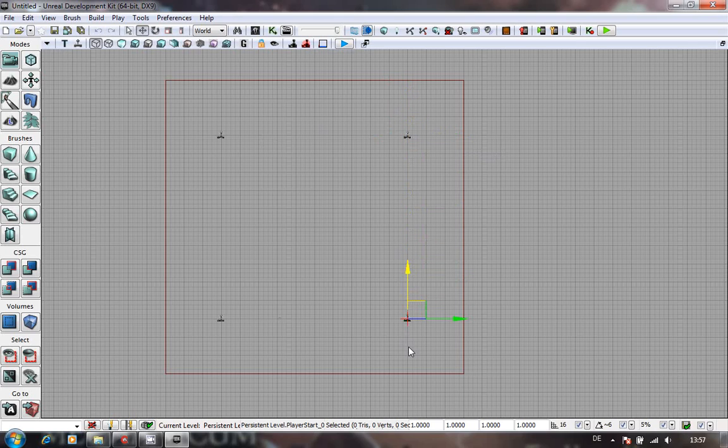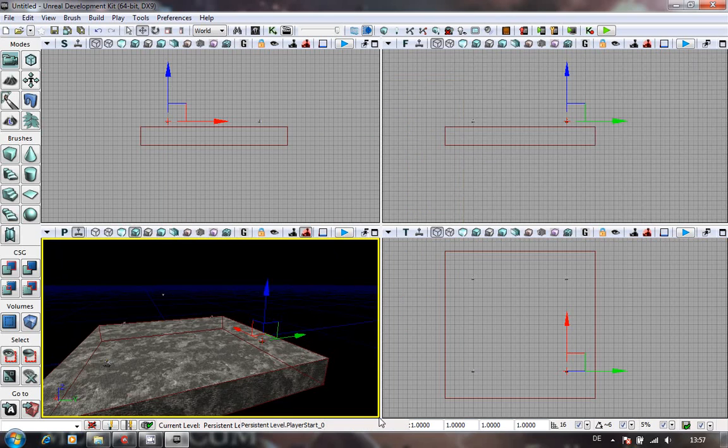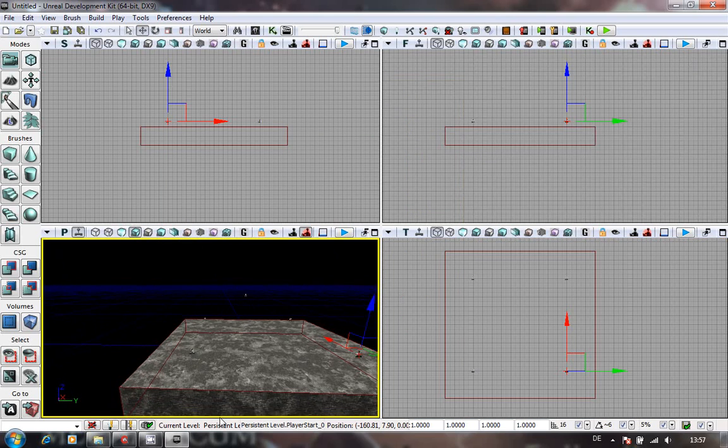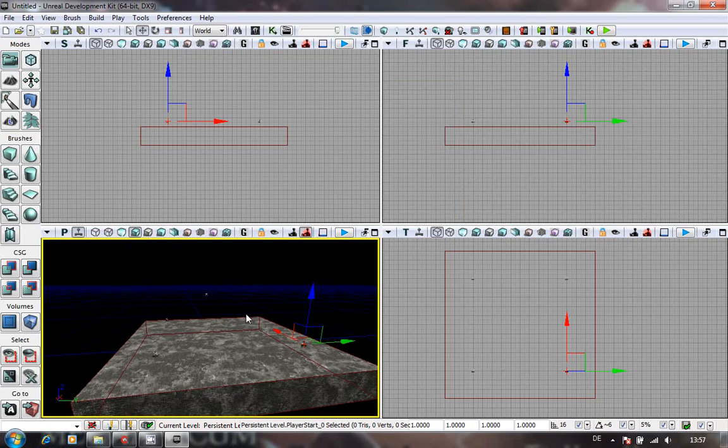I'm just making copies of these using the Alt key and moving. I'm not here to teach you how to make a map. There's plenty of other videos for that. Alright, that's that done. That's our map made. That's all I'm going to do. But